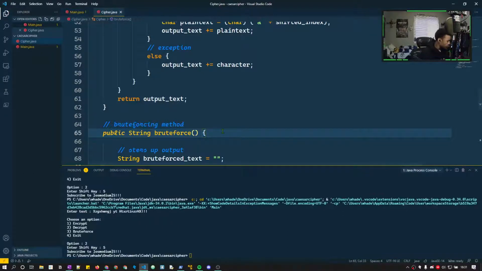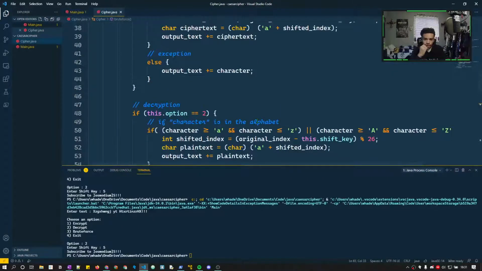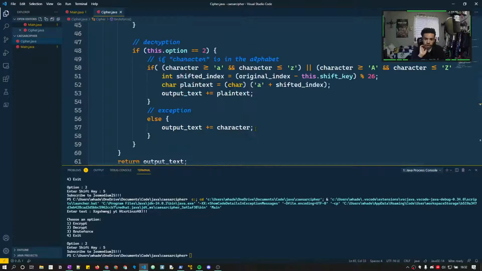Cool. Let me plug this in. Sorry. All right, guys. So I don't know why that's tripping up so much. So it looks like it has to do with the decryption. So if the character is in the alphabet, it will do this. Plain text equals A plus shift key, output text plus equals plain text. And then